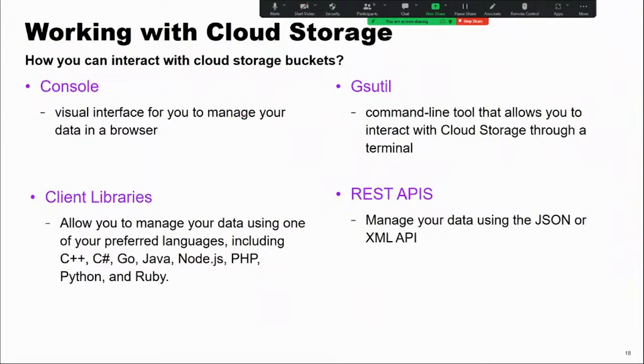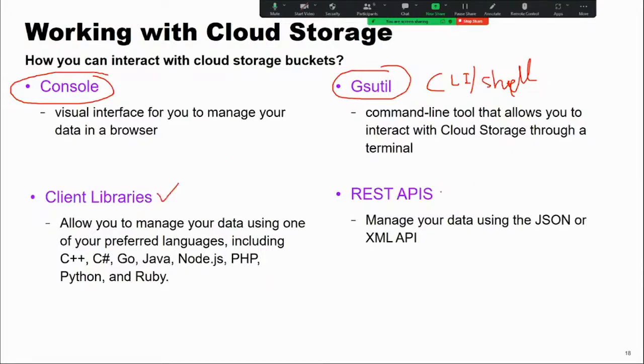And working with Google Cloud Storage, as I told you, most of the time you use the console as well as Cloud Shell, which is a command line tool, nothing but a shell. People can also work with the client libraries to interact with Google Cloud Storage.